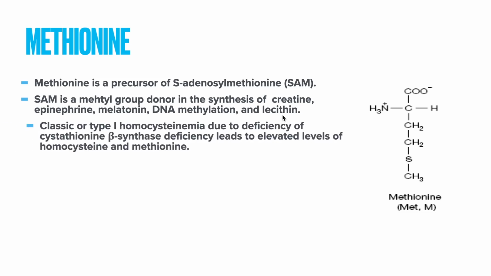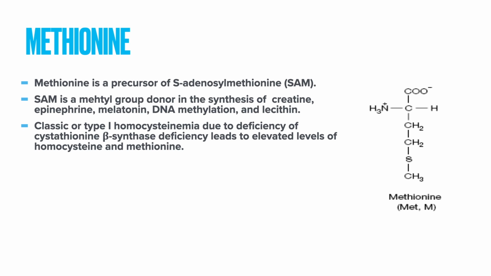Now, deficiency of an enzyme called cystathionine beta synthase in methionine metabolism. Methionine is converted into S-adenosyl methionine. Once it participates in methylation reactions, it will give rise to homocysteine. Homocysteine can go back into methionine or it can go into cysteine formation. That is why cysteine is a semi-essential amino acid. So, there is an enzyme called cystathionine beta synthase. Deficiency of this enzyme will give rise to a disease called classic